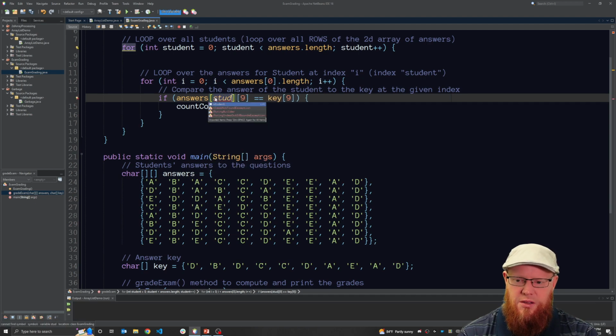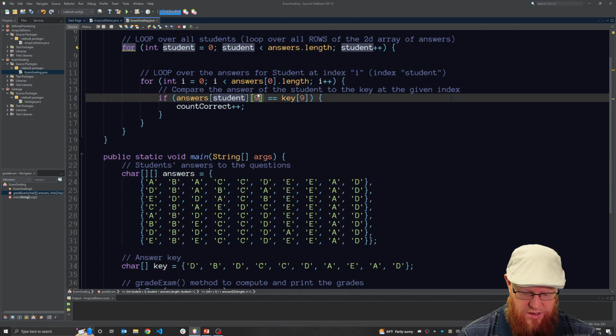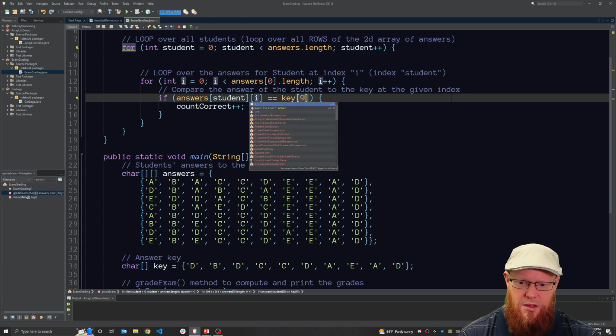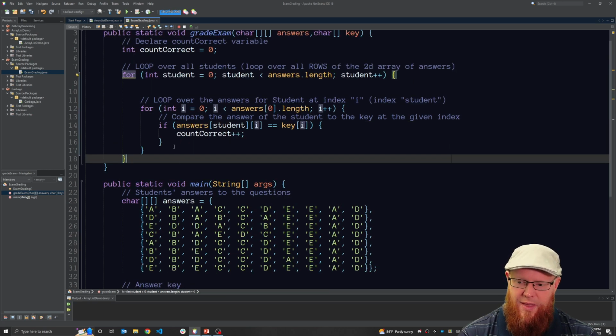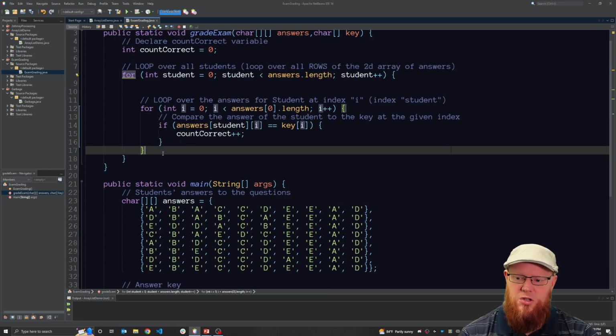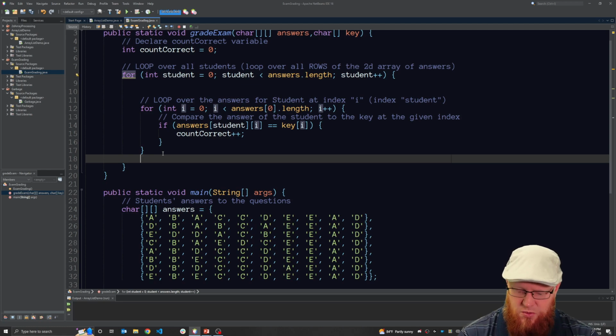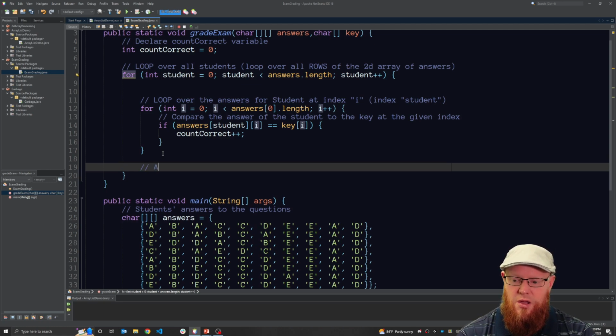Now back to the more general way of coding it, we're going to say answers at index student at index I. If it equals key of I, we found a correct answer, increment the count. And as soon as we're done looping over one student, so after looping over the answers for a single student,